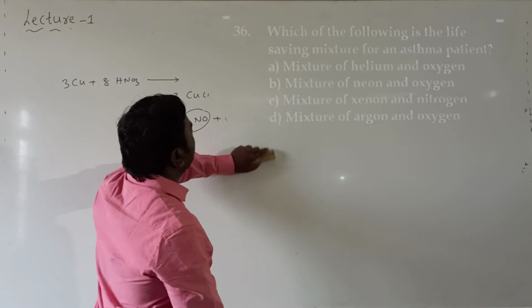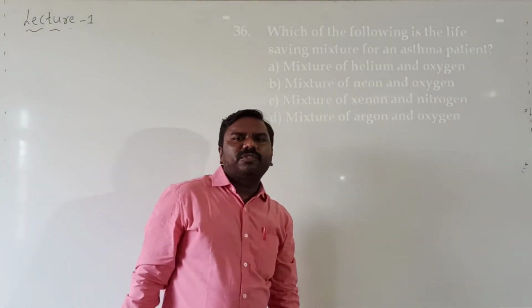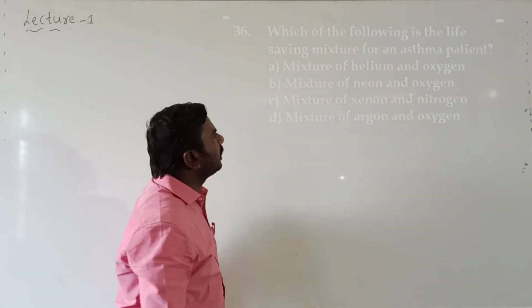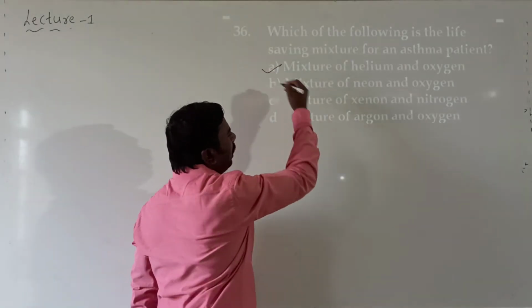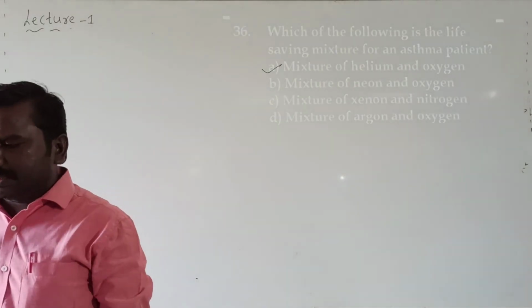Next, which of the following is a life-saving mixture for asthma patients? Helium and oxygen gas, because helium is less soluble when compared with other gases. Next,